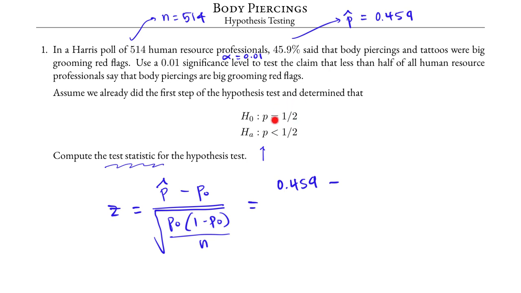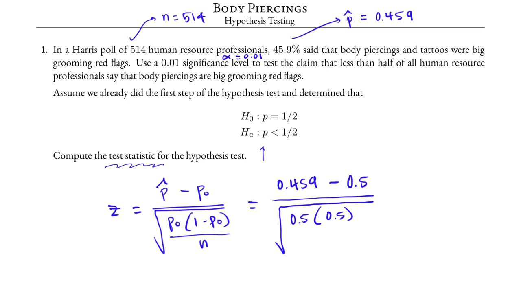It comes from the first step. It is the number in the null hypothesis, which is 0.5. 1 half is 0.5, divided by the square root of 0.5,